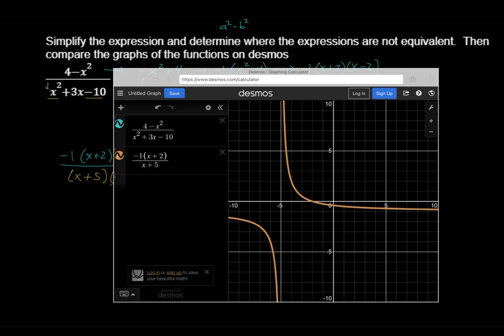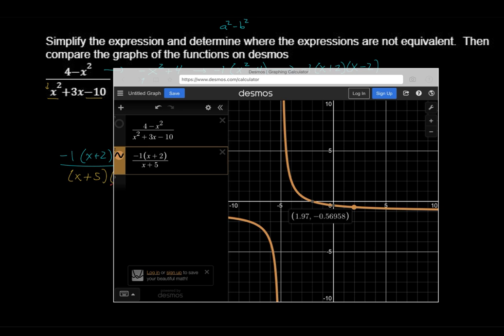In fact, they overlap everywhere except in one particular spot. If you recall, the factor that canceled out was x minus 2, which has a root of positive 2. So at positive 2, if I can get it to pull up, let's see where I was there. There you go. It pops up just for a second there. It's really hard to keep my finger in the right spot. But you can see it comes up as 2 undefined, and you see an open dot forms as I get to the correct spot. Now if I go to the simplified version and go to x equals 2,